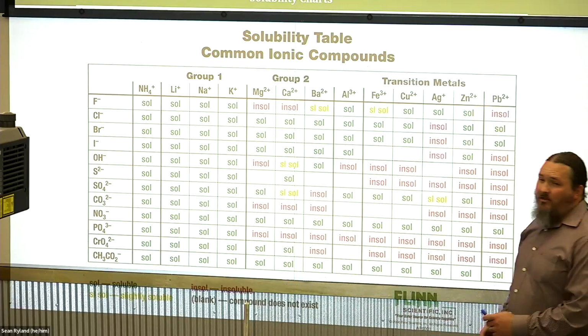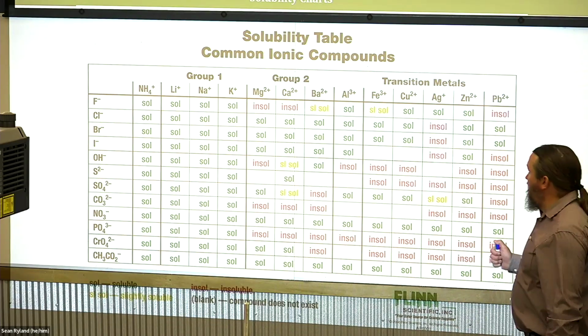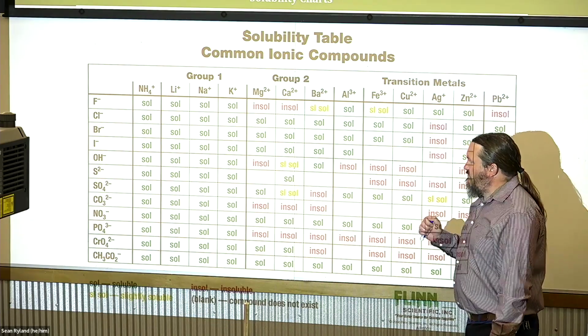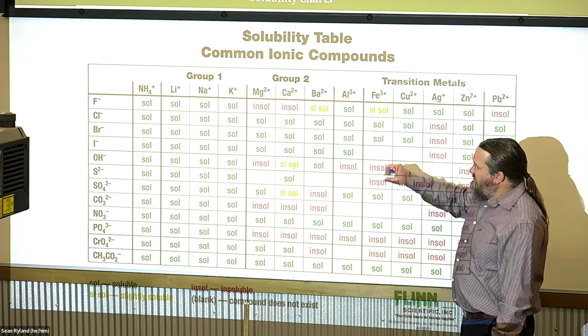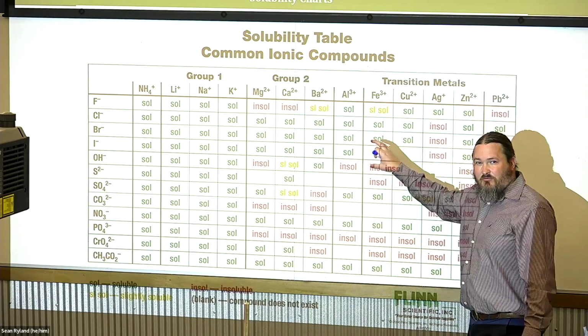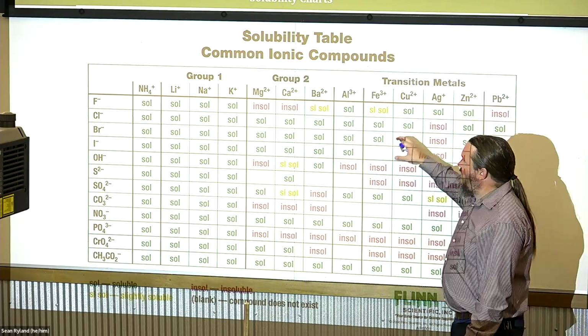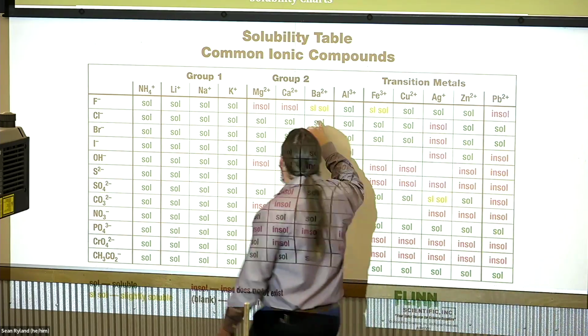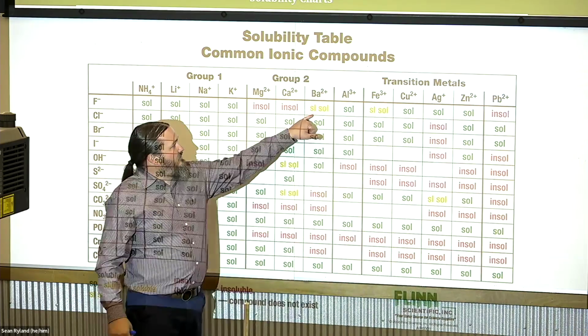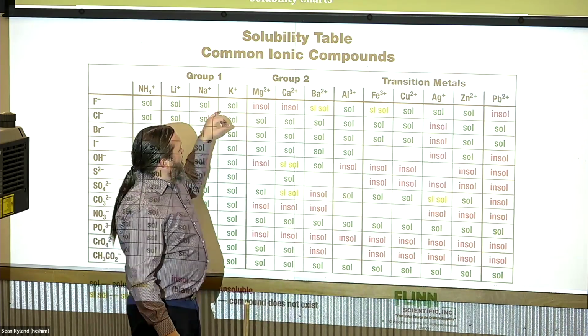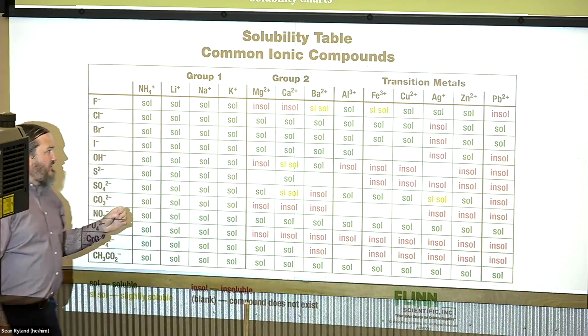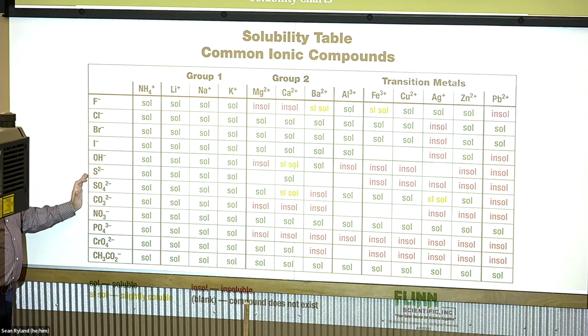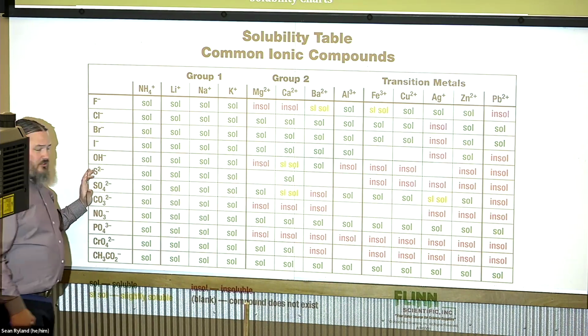This is just another example of one of those different types of solubility tables that I was talking about. In this case, it presents everything instead of just a list of rules. It presents it as a table. And then you can see that this one also has slightly soluble as well as insoluble and soluble. So this one's just a little bit more detailed, and the way you use this would be very similar to the way that you use the